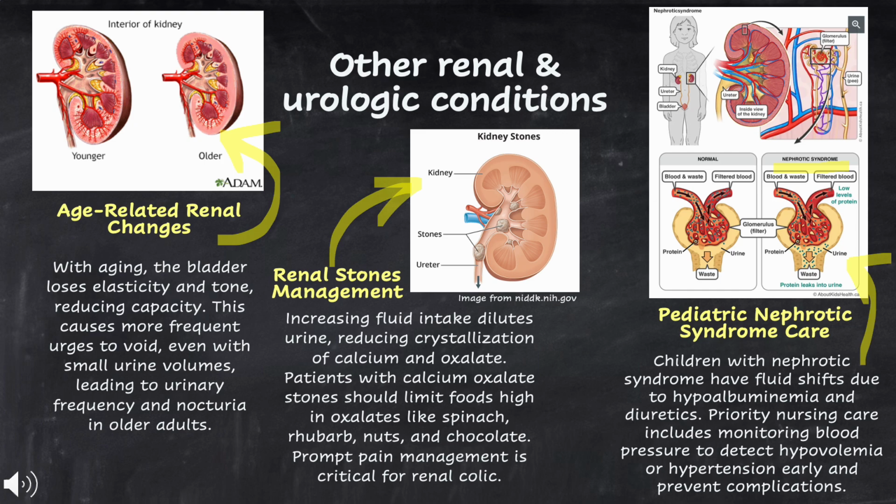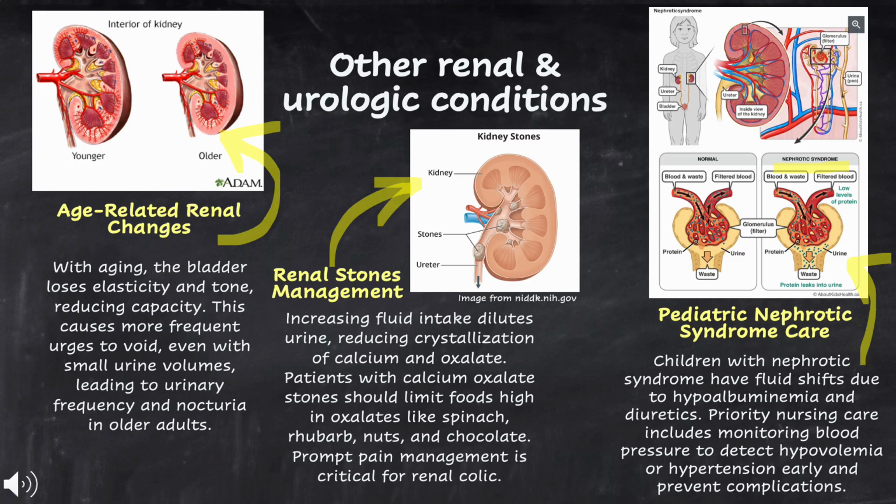Finally, consider pediatric nephrotic syndrome, a kidney condition in children characterized by heavy proteinuria, hypoalbuminemia, low blood albumin, and edema. The loss of protein in the urine causes fluid to shift out of the bloodstream into tissues, leading to swelling in areas like the abdomen, face, or legs. These children are often treated with corticosteroids to reduce protein loss and may receive diuretics and albumin infusions to manage